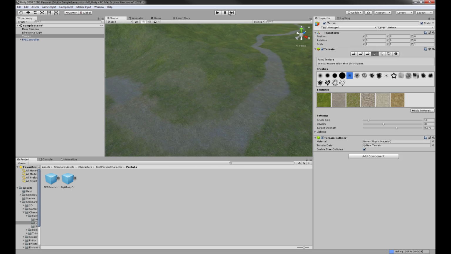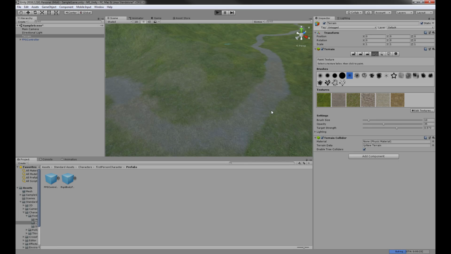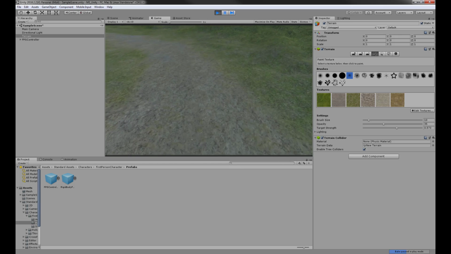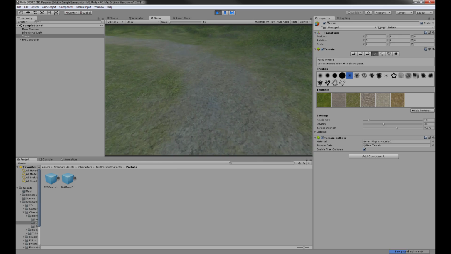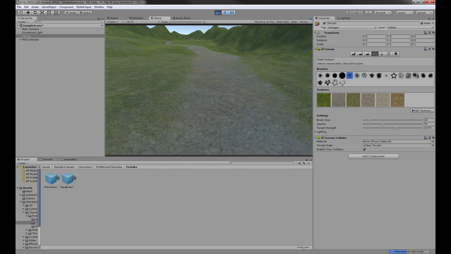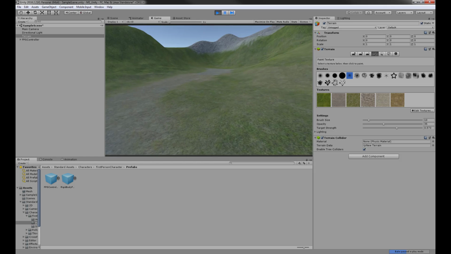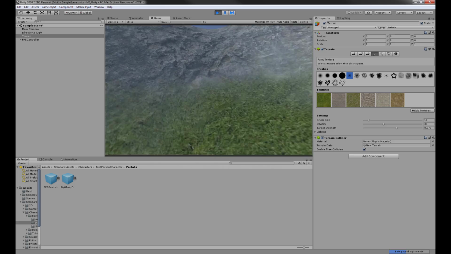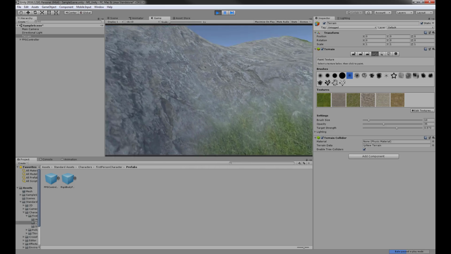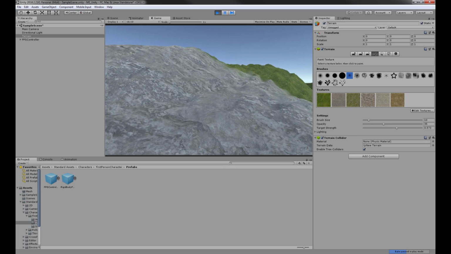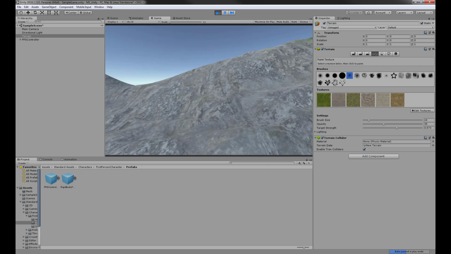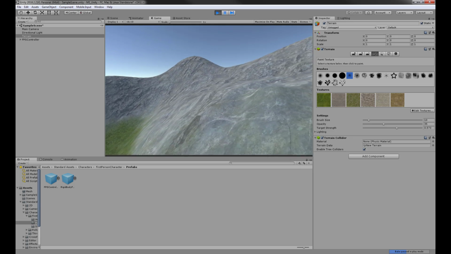All right, so let's just see what it looks like now when we hit play. So you can see we've got some variety. See where we blended that? That looks a lot better. It gives a little bit more variety in there. Right? If we go over here to our rock, we can definitely see that it's got texture there, not just the normal map, right? But also some sculpt texture that I've done. I can always go back, smooth that, or add more,